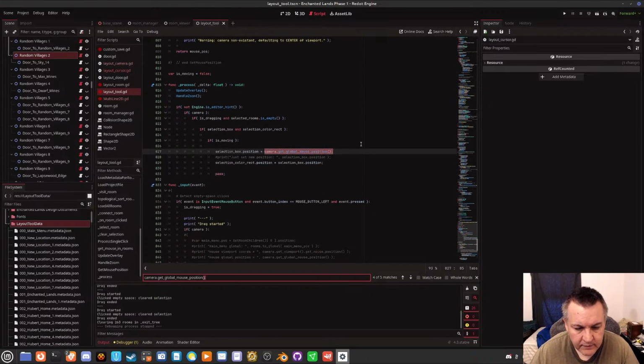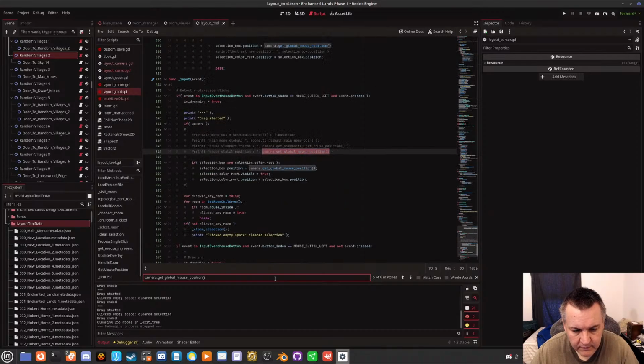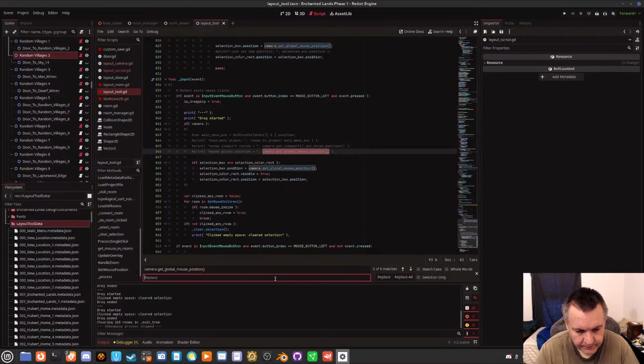Okay. Control R. Replace it with get mouse position.